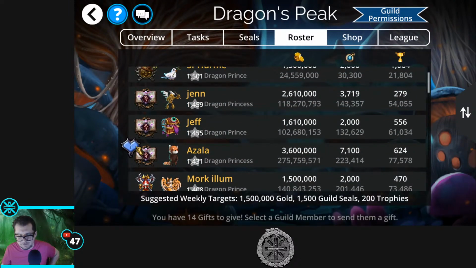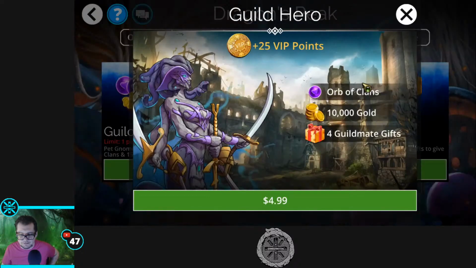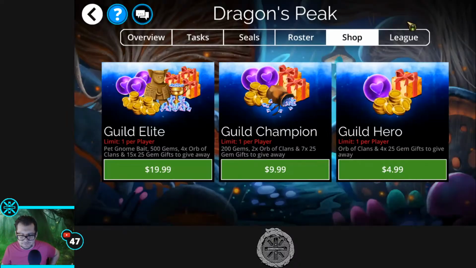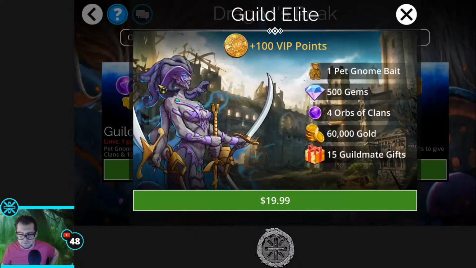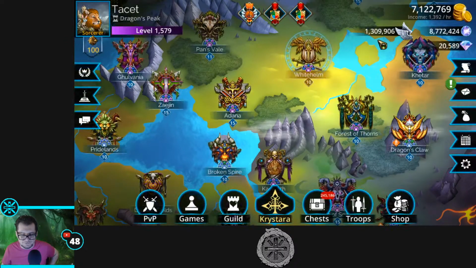So this basically right here means Azala bought this pack right over here, this $5 pack, which gave her an Orb of Clans, 10,000 gold, and 4 guildmate gifts. And guildmate gifts give your guildmates 25 gems. These aren't really that worth it for the most part, especially once you have VIP 6, you can actually buy these with gems without having to use real currency. The bigger pack is somewhat okay, but of course it's $20, so you'd have to burn through a decent little handful of money to do that. It's generally not really needed, but that basically just means that they...